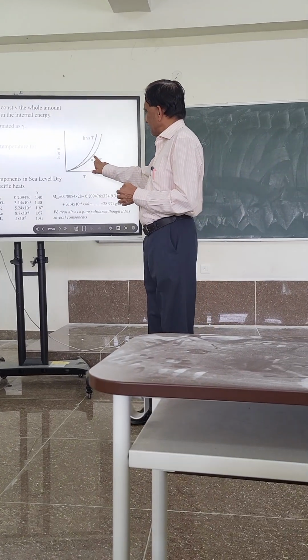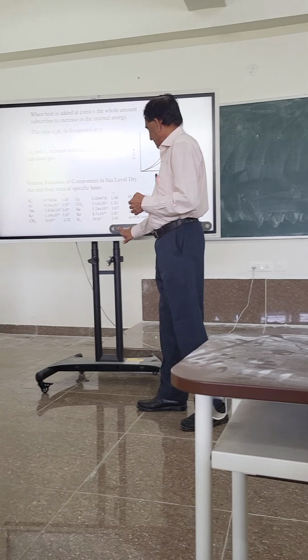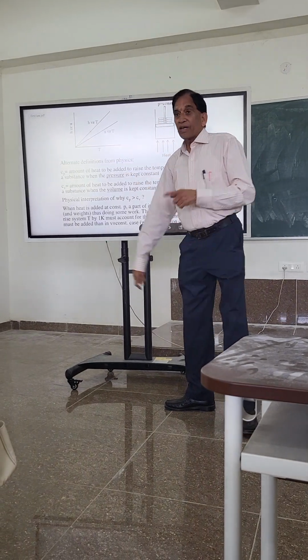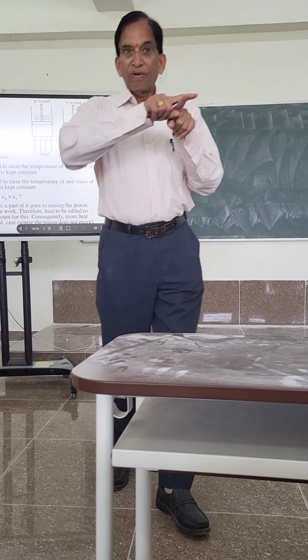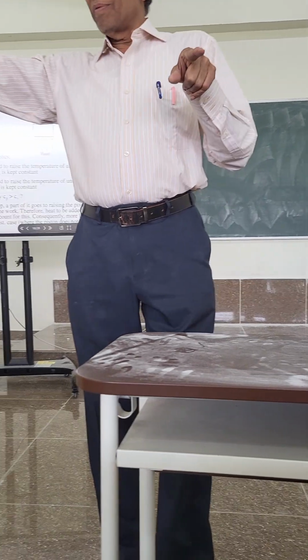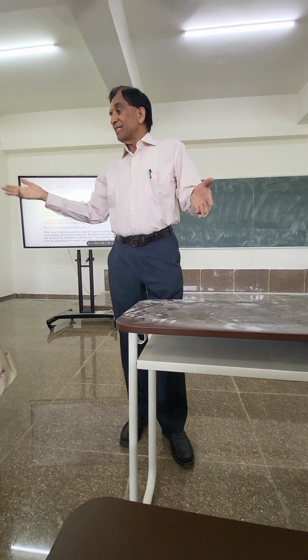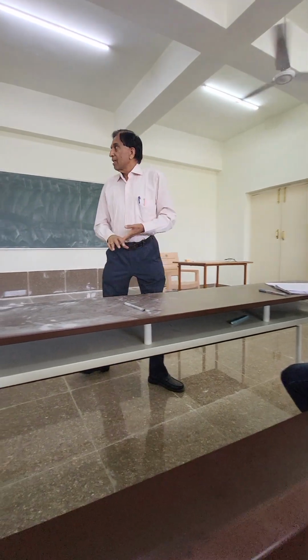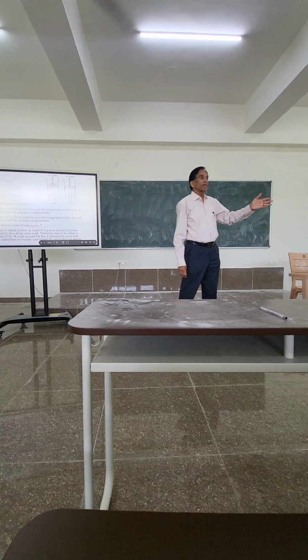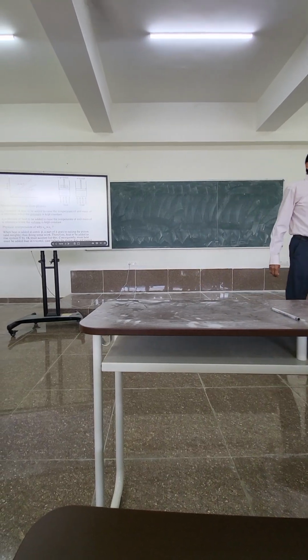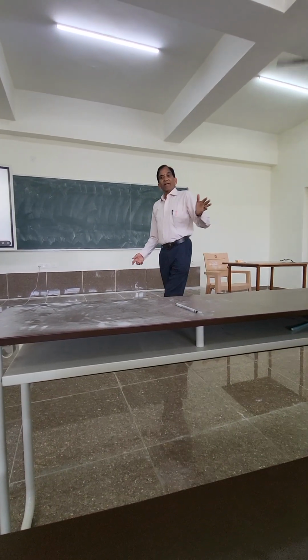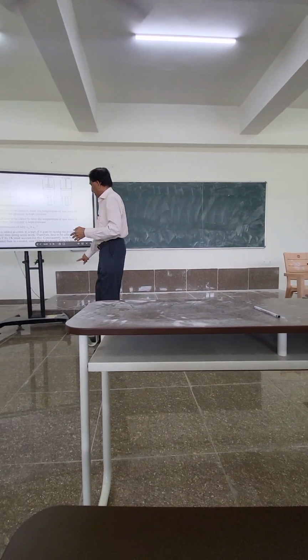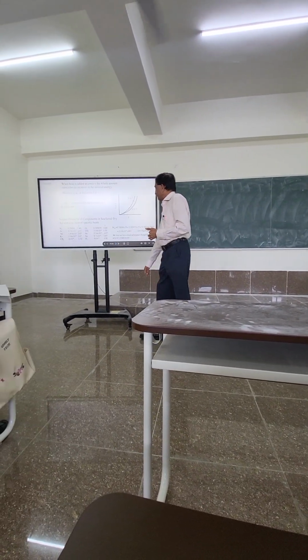This is U versus T. This is for the ideal gas. In the previous slide, this is for perfect gas. Remember? For perfect gas, U versus T and H versus T, both of them will be linear. For an ideal gas, that's another way you distinguish between ideal gas and perfect gas. Okay, is it clear? How do you distinguish the ideal gas and perfect gas? It is specific heats which actually determine what is ideal and what is perfect. Okay, let's move on from there.